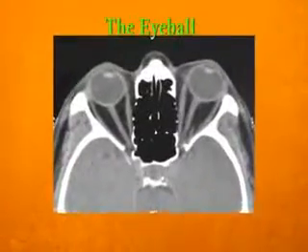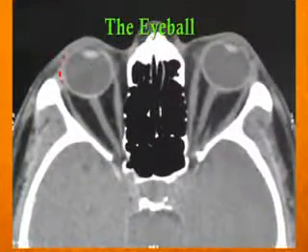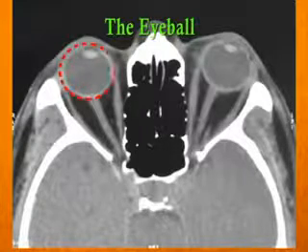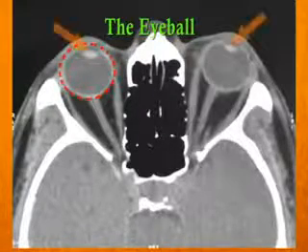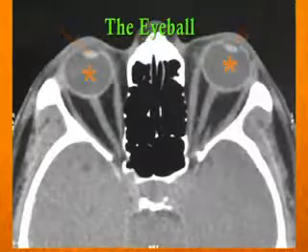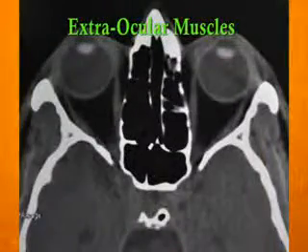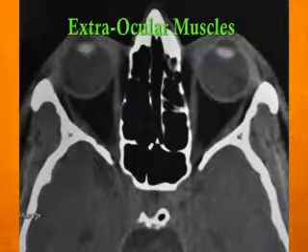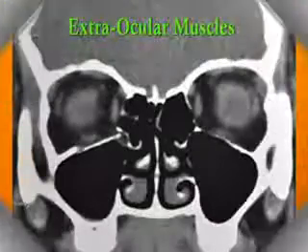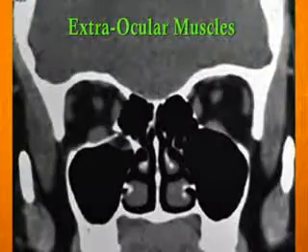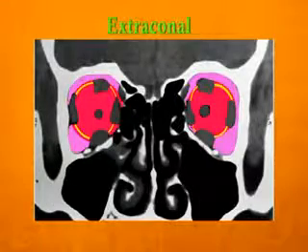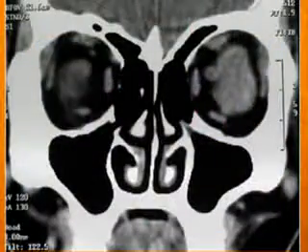The sclera, choroid, and retina together form a well-defined ring that enhances with contrast. They cannot be differentiated from each other. The lens appears white and the vitreous black. The extraocular muscles are well visualized on CT scan and run parallel to the adjacent orbital wall. These appear like flat bands that run parallel to the corresponding bony wall. The extraocular muscles and the fibrous tissue septa connecting them form the muscle cone and divide the orbit into intraconal and extraconal spaces, a division of radiodiagnostic importance.